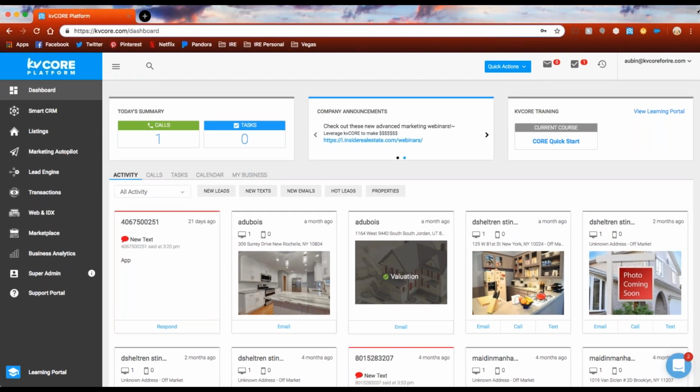There we go. So within the KVCore platform, I just want to make sure you guys are aware how and where to go to receive help, outside of our trainings. So the first place I would send you guys is our learning portal. Up here in the upper right-hand tile is our KVCore training information. When you guys click on View Learning Portal,